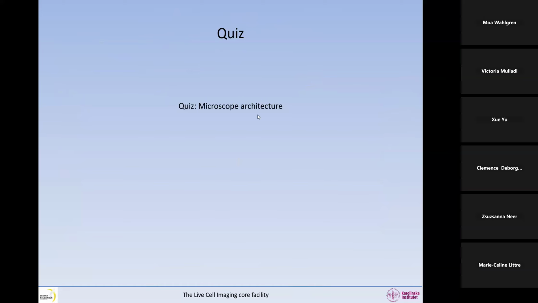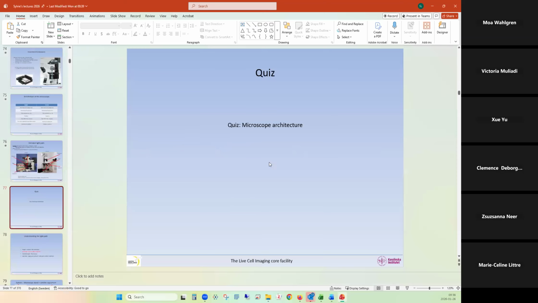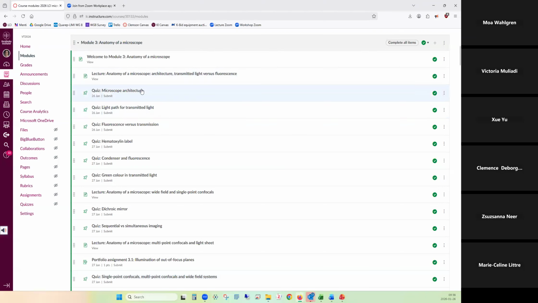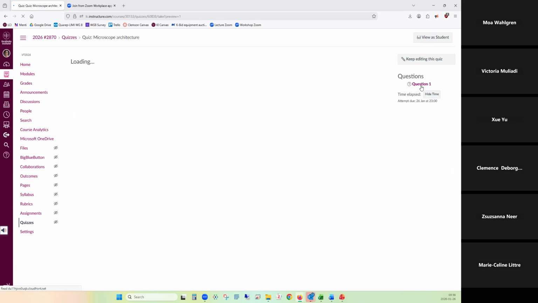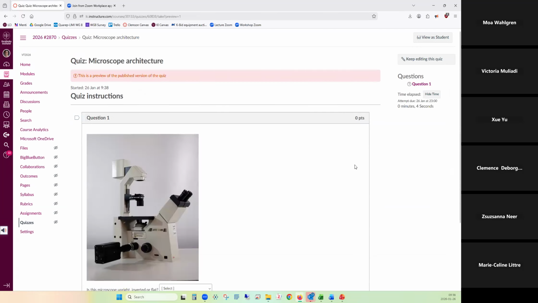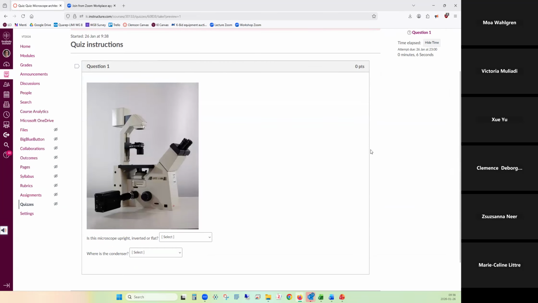But first, we're going to do a little quiz. I would like you to go to Canvas and look at this microscope architecture quiz, which is here. And then you do that. It will take no time. So is this microscope a